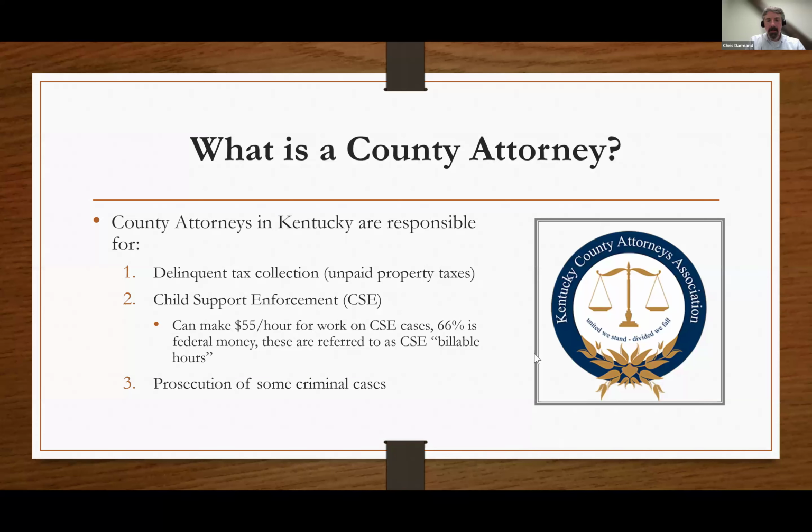Additionally, they do have some role in the criminal prosecution, juvenile court. The way we're set up with a district and a circuit court, they would be dealing with matters in that district court before things are presented before a grand jury. Which means for these county attorneys, their compensation is multifaceted. They will get a portion of their salary from the state. Our prosecutors' advisory council will set that rate. The local county fiscal court can also pay a salary to that individual. They have the income from the child support enforcement, and they are not precluded from having a private practice. They can still maintain their own legal office and take on private case matters,